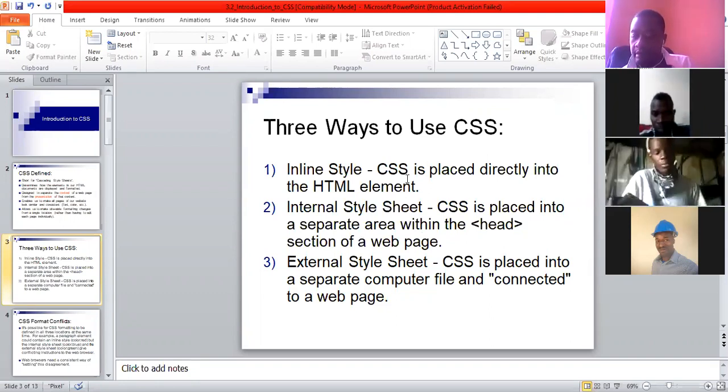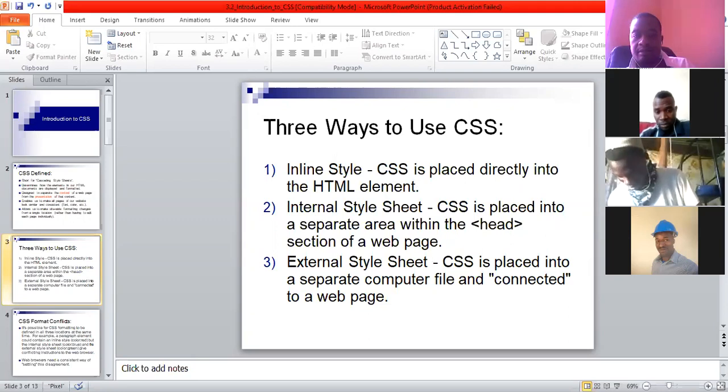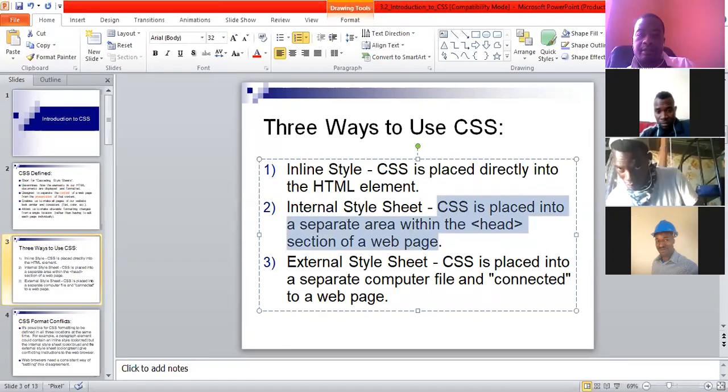And internal, it's placed in the header section. You know where the header section is? Yes. So your internal CSS should be placed in the header section. If you look at this bullet point here, the second one says CSS is placed within the header section of the web page. So these codes are placed between the opening tag and the closing tag. But now the inline ones are placed